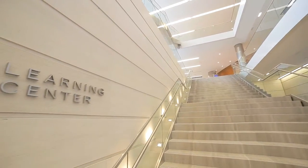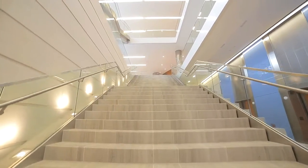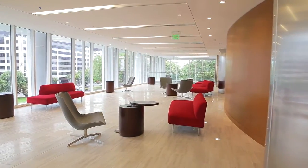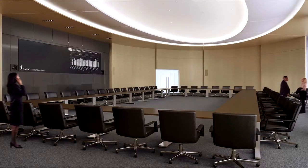The Learning Center has a very direct relationship to the front entrance of the building, to the lobby. You walk in, there's a very natural sequence of movement from the front door, up the stairs, into the second floor. Once you're there, there's a large open space. You're oriented to the exterior. There's a lot of glass up at the second floor there. And then that, of course, leads to a room which has been designed to be a multi-purpose room, can be used for a lot of different types of uses, and that leads to the large oval room where the primary